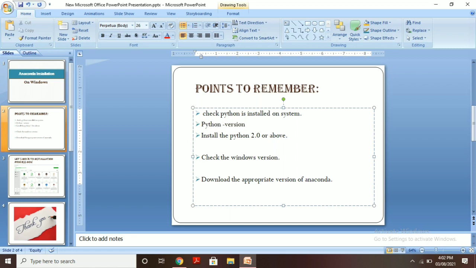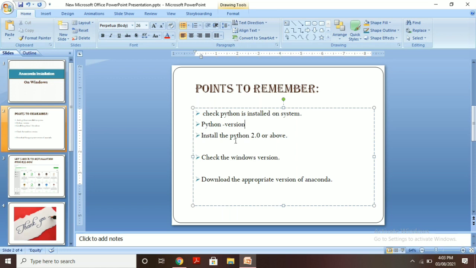This is the command used to check the version of Python installed on the system, and it is used on Windows. You can check the version of Python and make sure that Python is 2.0 and above.